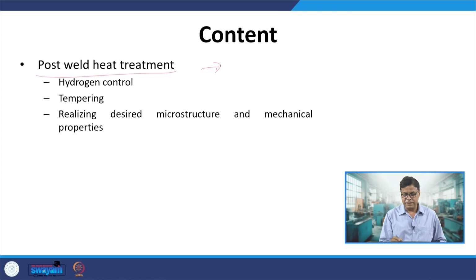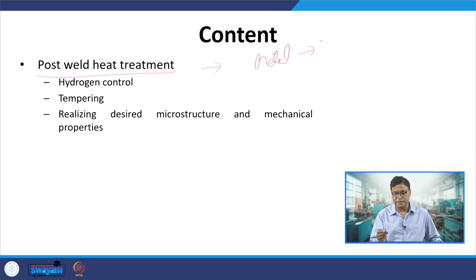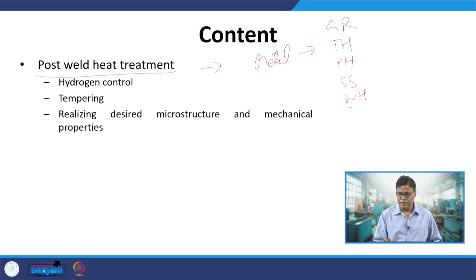Different metals are based on different strengthening mechanisms, for example grain refinement, transformation hardening, precipitation hardening, solid solution strengthening, work hardening, and dispersion hardening. Okay. So, if we talk of the effect of the welding heat, say in fusion welding, we supply heat,